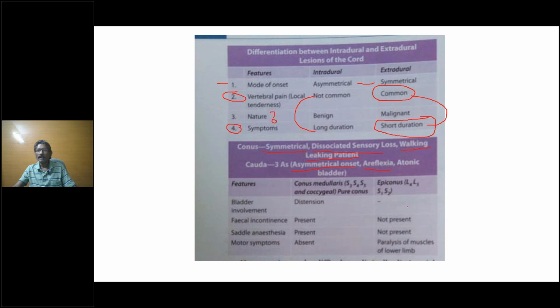Okay. Now epiconus is a little lower part of it. I think it's not that relevant. Basically, what they mean by epiconus is sparing of the bladder fibers. You remember that epiconus is nothing but a lesion which spares the bladder fibers. Technically, neurologically, this division is not actually correct. But just remember, it spares the bladder. That is what we call epiconus, and motor fibers are affected. So bladder is spared, but motor is affected.